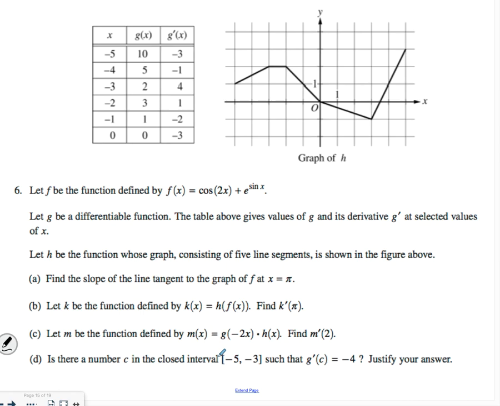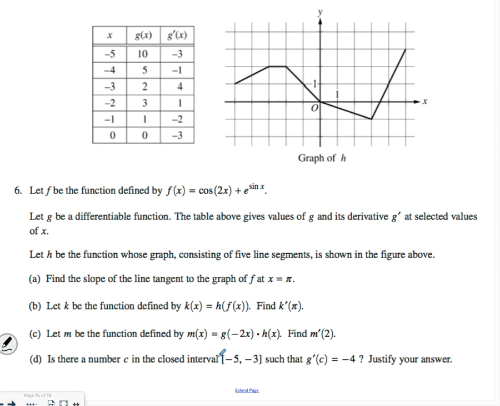The table above gives values of g and its derivative g prime as selected values. And then h is the function graphed. So they're really just, 2017 was when the test was changed, and they are really just going for it. So they're giving you not only the table, but their graph and also a function on this one. How fun. So letter A says find the slope of the line tangent to the graph of f at x